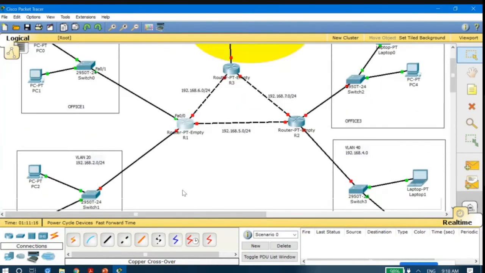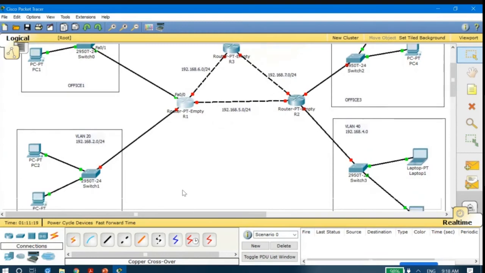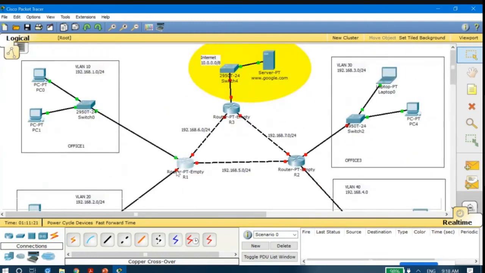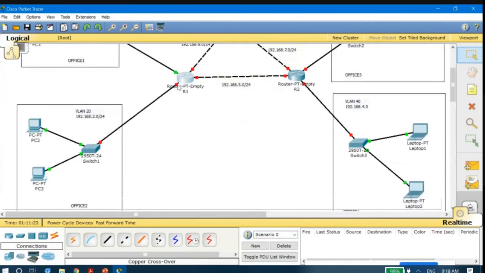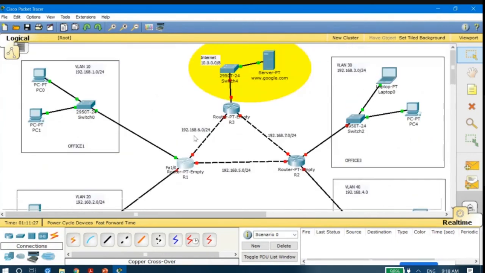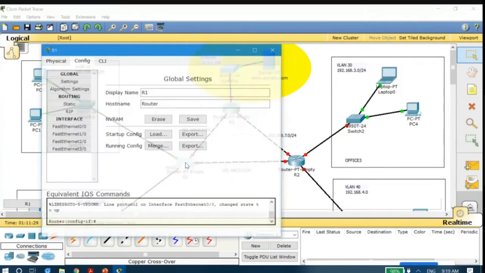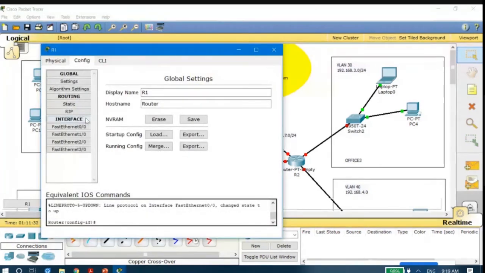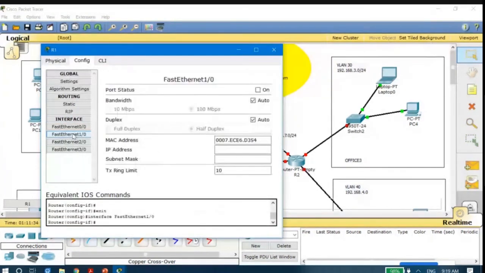Now we will have to configure the gateway address for the second network. You could see the second network is connected in this port, fast Ethernet 1/0. So again, let me go to that router and go to that config. I will go to fast Ethernet 1/0.